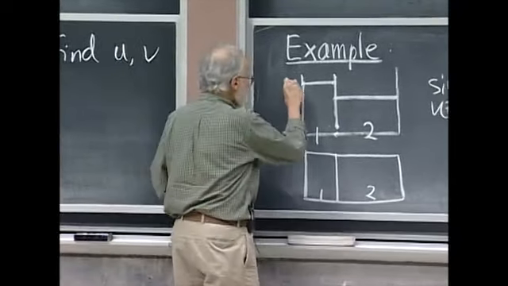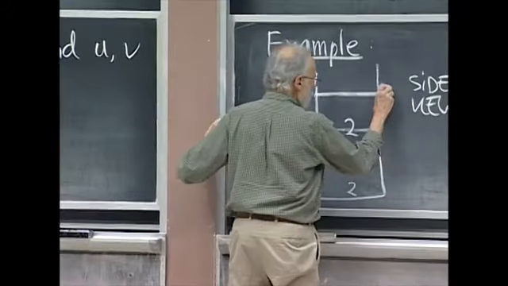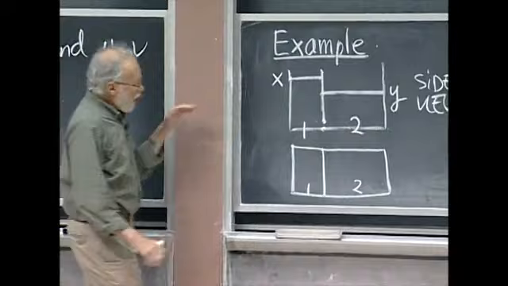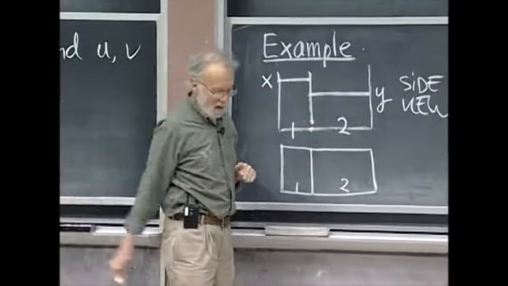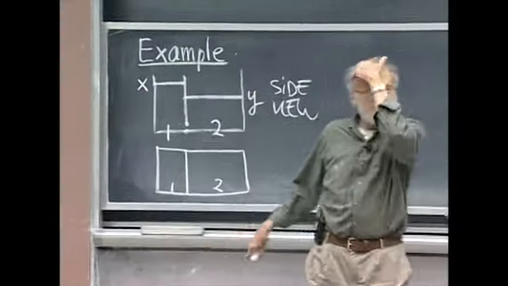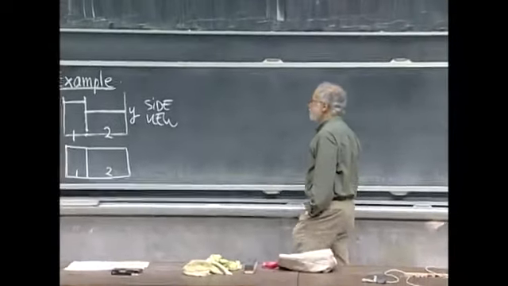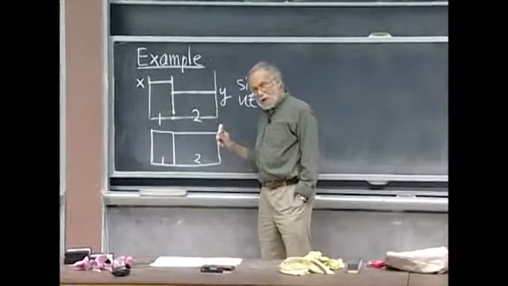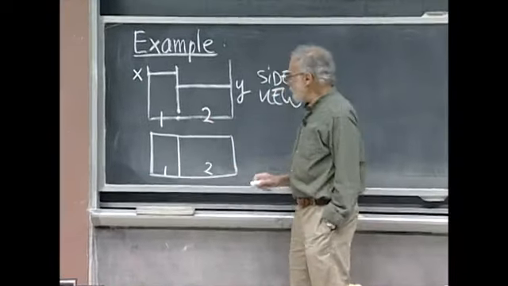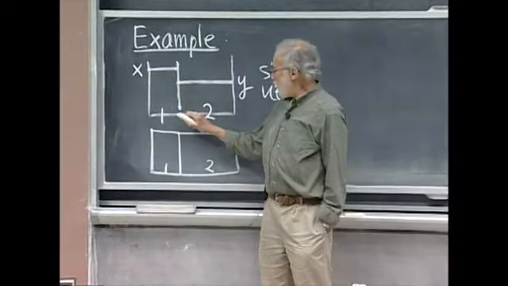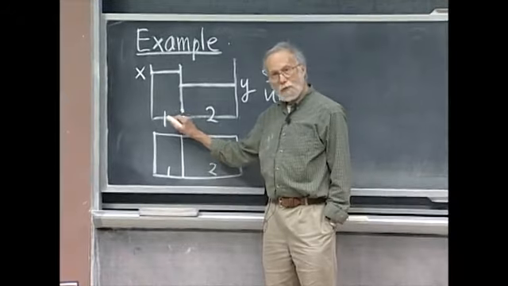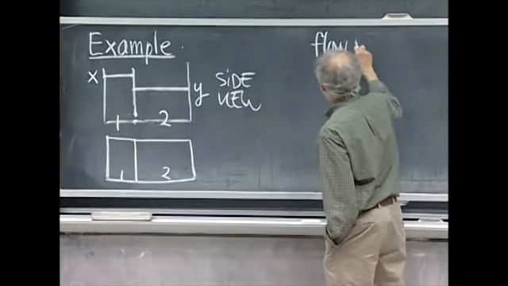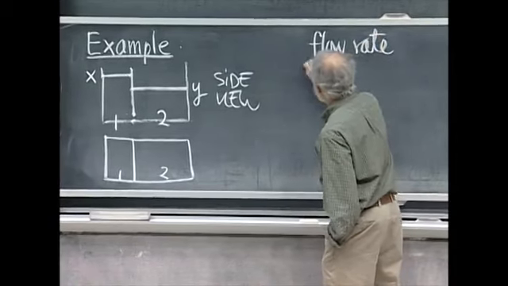I'm going to let x be the height of this liquid, the water here, and y the height of the water in that chamber. Obviously, as time goes by, they both reach the same height because of somebody's law. Now, what's the system of differential equations which controls this? Well, the essential thing is the flow rate through here. So that flow rate through the hole